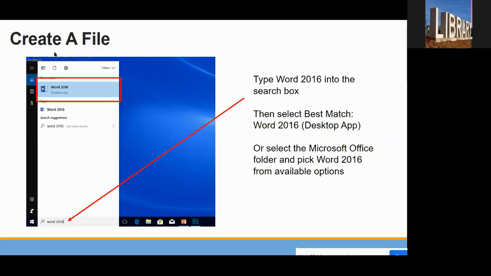So today we're going to talk about creating a file. Last week, we showed you a couple different ways to find the Word program. It's the closest thing to a blank page. If you want to write a letter or a document, resume, research paper, anything that you want to write,